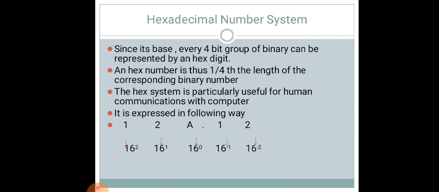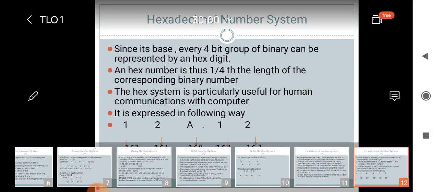So this is all about number system. Again, what is the purpose of this subject? This subject will teach you about the hardware part of the computer, how machine language is converted, and how the computer works on different machine level languages with different numbers. So this is all about the hardware part we are going to learn. So this is all about today's first lecture.